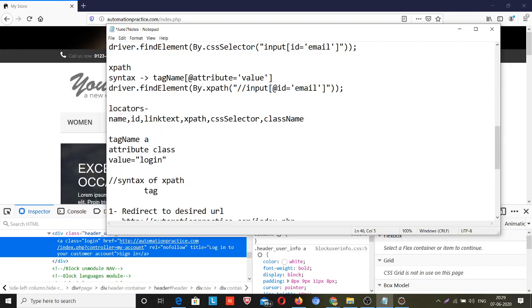Tag name, attribute is equal to, and then it's // tag name.